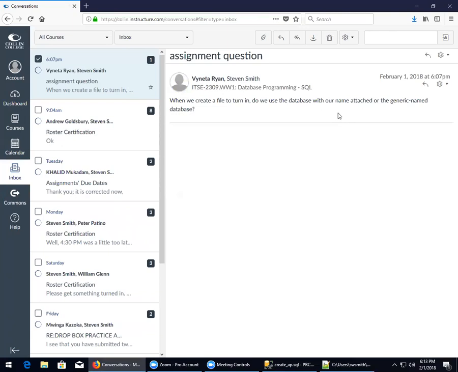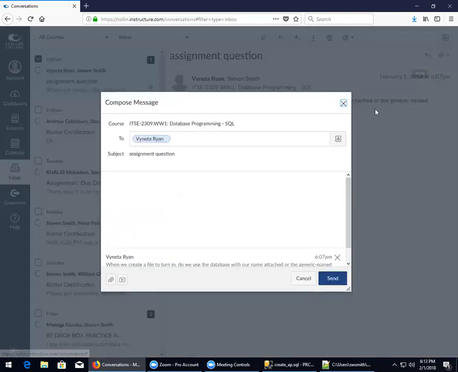So from now on, each one will say use the database. So we're going to use AP_DB;